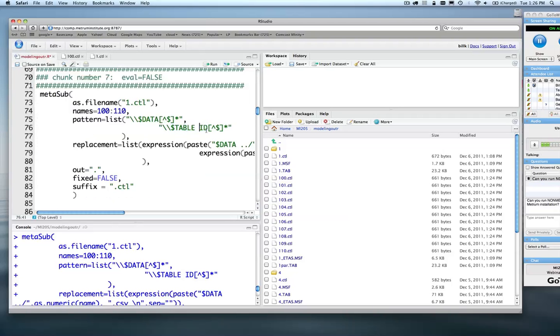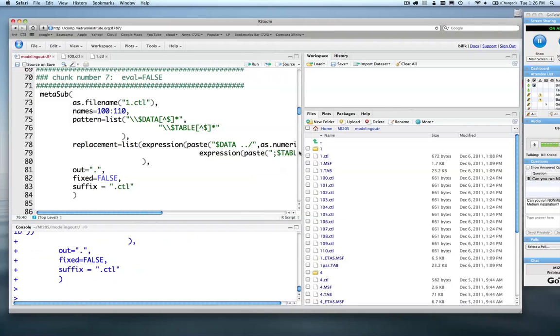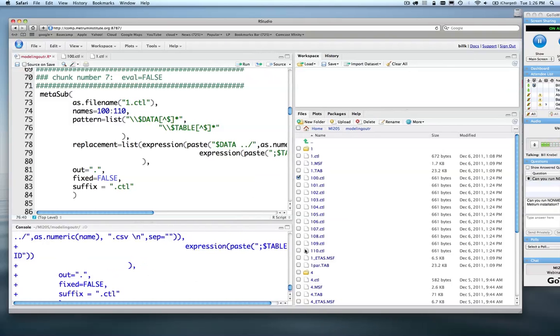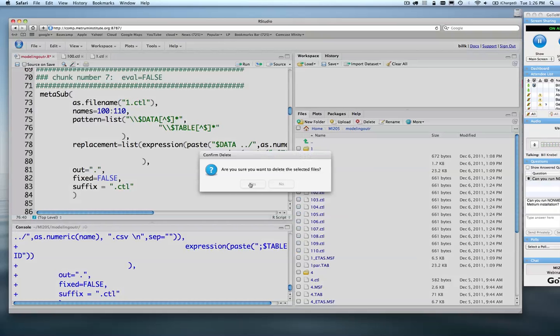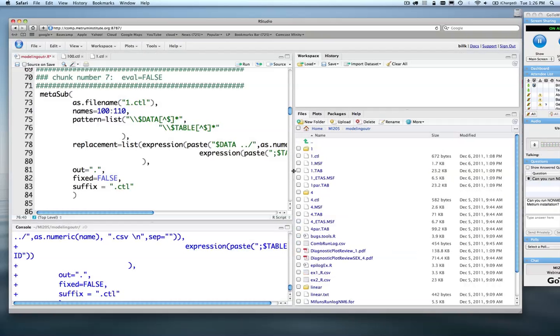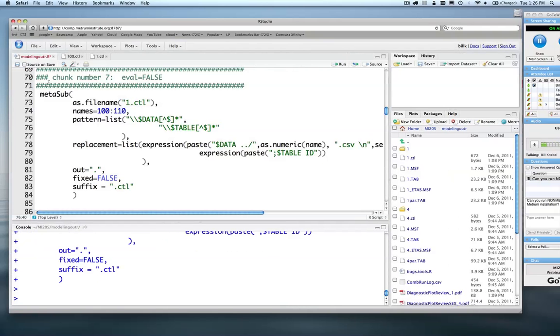So if I were to change this argument to that, it's not specifically searching for ID, and it's looking simply for $ table followed by anything until the next $. So let's go ahead and rerun this. In fact, let's delete these files that already exist here because they're all wrong. Now, if I rerun this metasub argument,